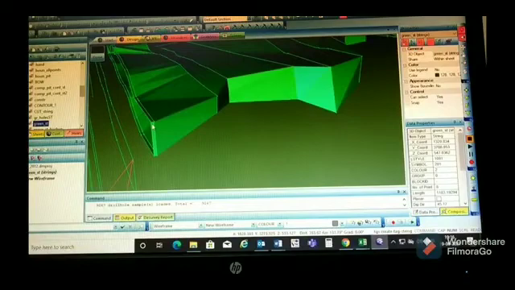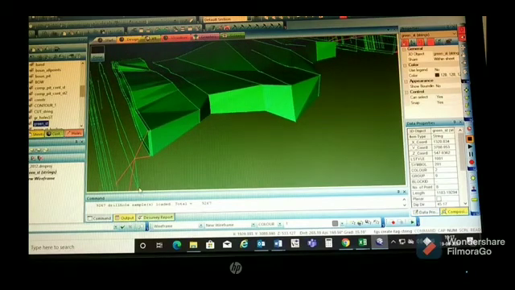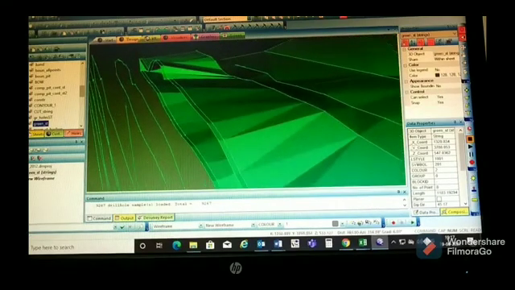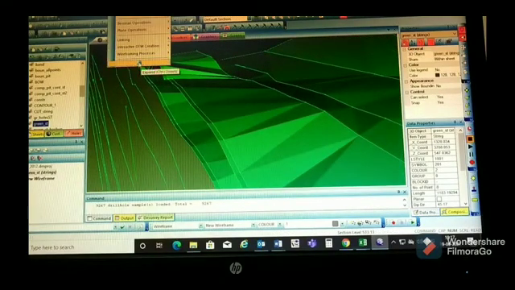Again we will take the tag string command and again we will stitch like this. This point will be stitched with this corner, and for stitching the second end we will separately take the tag string command.